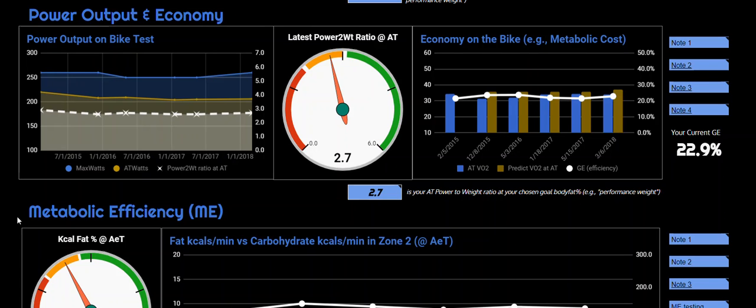In these charts, we're evaluating our client's mechanical work output, or more specifically, his power output on the bike, since he was tested on the bike and he is a cyclist. The power output is measured in watts. In the chart on the left, we see a measure for the peak power output and the power output at